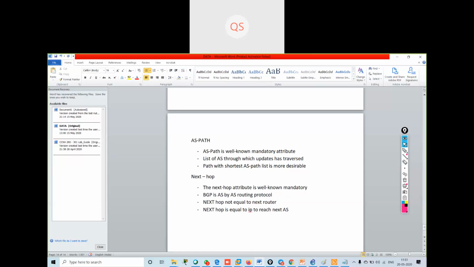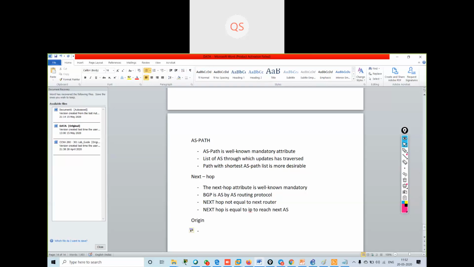If you remember, we have seen the next-hop-self command. But even when we don't give the next-hop-self command, I get the next hop address as the IP address of my next autonomous system. Got it?